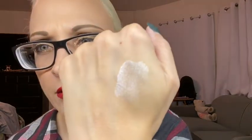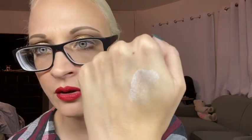Let me know if you've tried any other shades of these liquid eyeshadows. Because this one, like I said, looks pretty when the light catches it, but it's so sheer. So you definitely would have to put this over something else. You couldn't put this on a bare lid, I don't feel like, at all. But let me know if you've tried any other colors other than the silver, because that one I don't think is very good. And I'm sorry I keep touching my face. I really do feel like there's dog hair or something. Anyway,